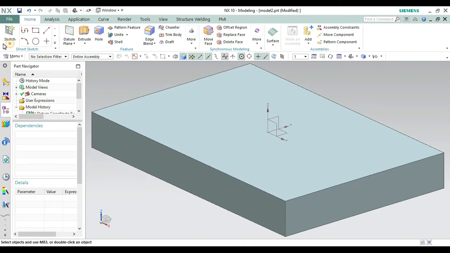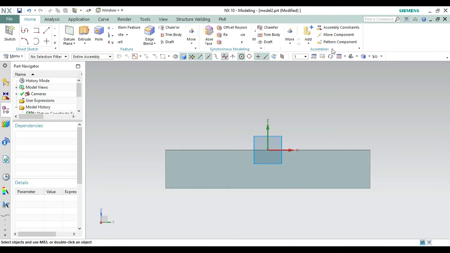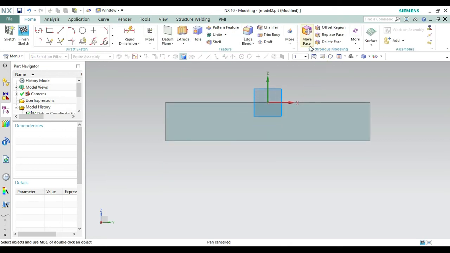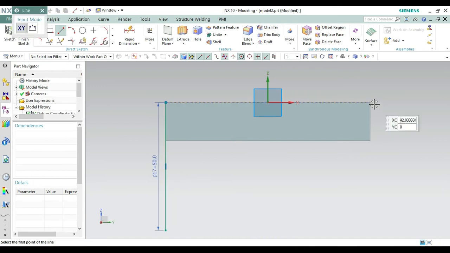Again, going to the sketch command, we have to create a sketch on this face. Selecting this face, making it okay, let's drag it upper. Now, taking this line, we have to create a line of length 50 with an angle of 270.